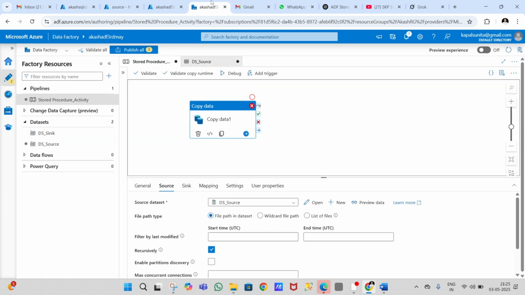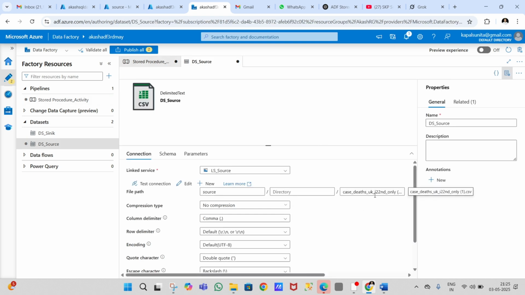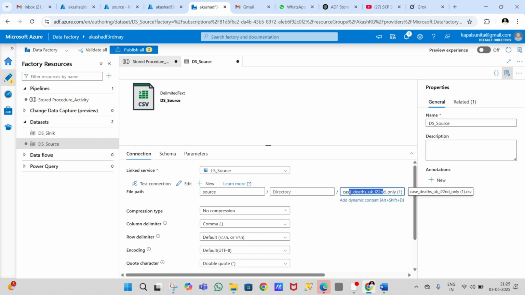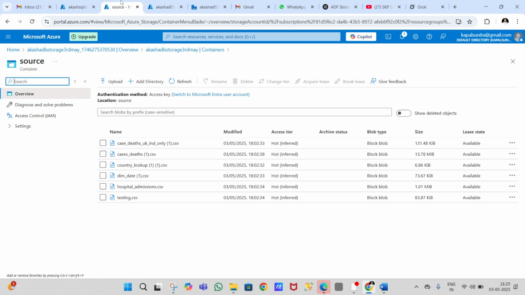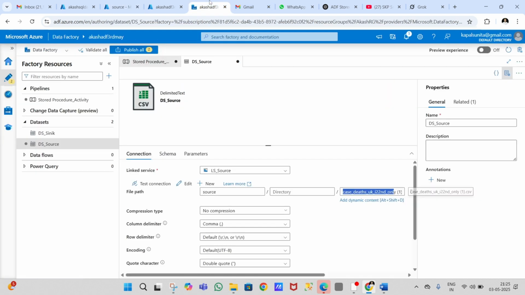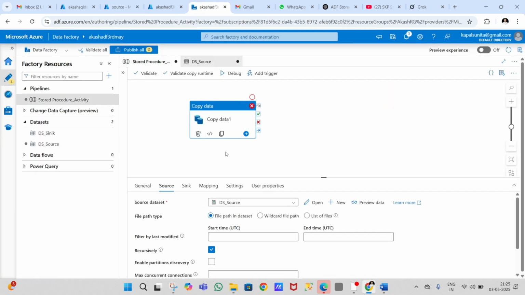So now I'm going into Azure Data Factory. Here what I did, I used a copy data activity. In the copy data activity, here you can see the source. In the source I gave the wrong path. This file name does not exist in the source container in the ADLS account. This is the file name, but I gave the wrong file name because I want to fail this activity, or I want to create a log of failure in the Azure SQL database. So simple, I did this.